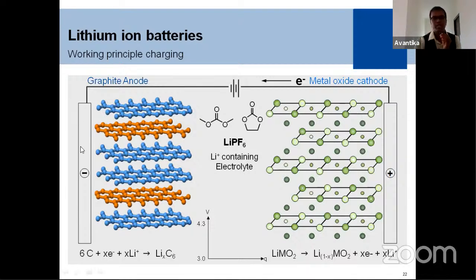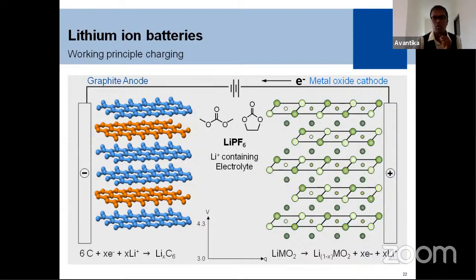Here you can see two electrodes. I already mentioned that in batteries there are three important components: one is the anode, another is the cathode, and the electrolyte. The electrolyte is a liquid, and the cathode and anode are in solid form. Most of the scientists are actually concentrating on the cathode side. Here is the clipping of the basic working principle of lithium-ion batteries.